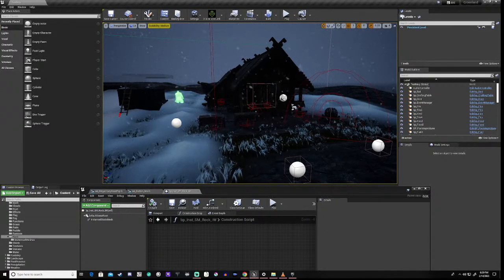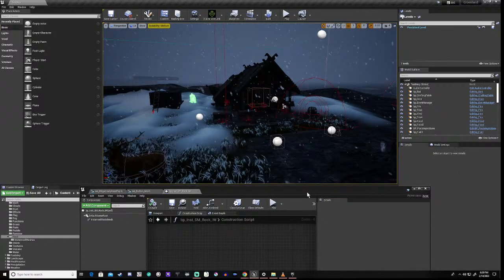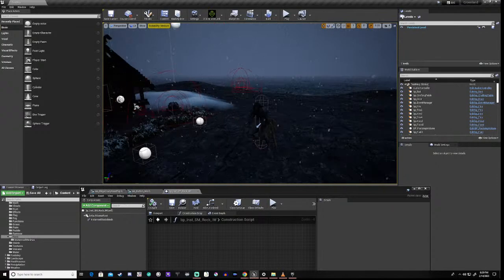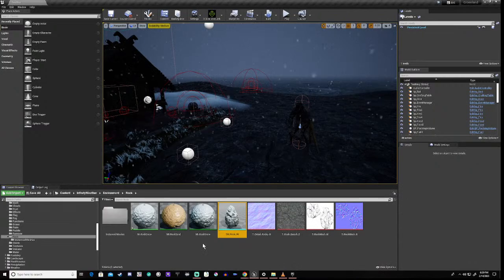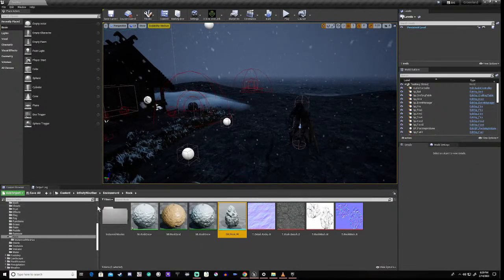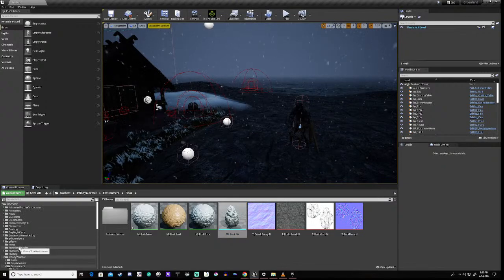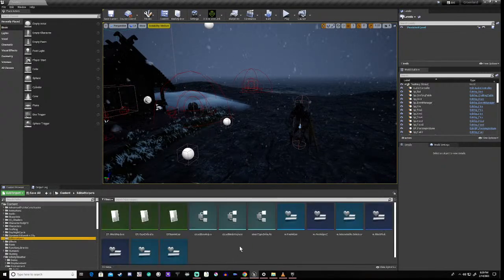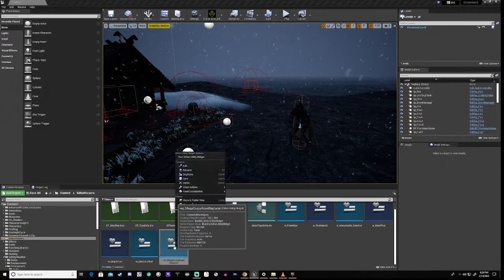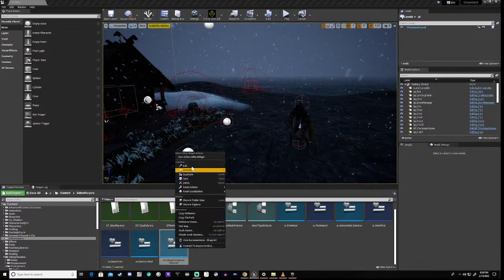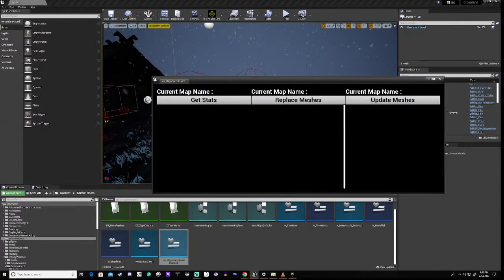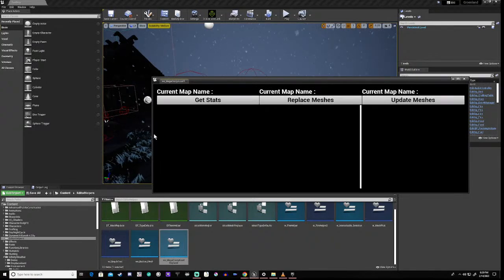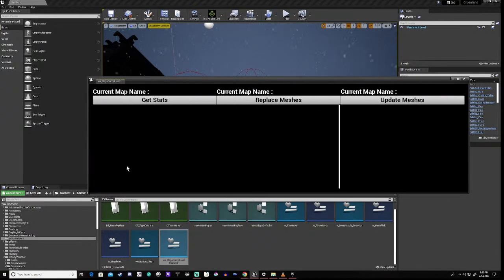Now, this is the test map, and the test map has really pretty much nothing on it that's going to help us out. But we can run our mega crazy asset replacer, and this is going to give us information about the meshes on our level.